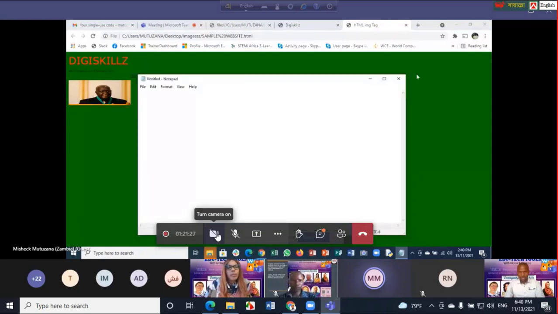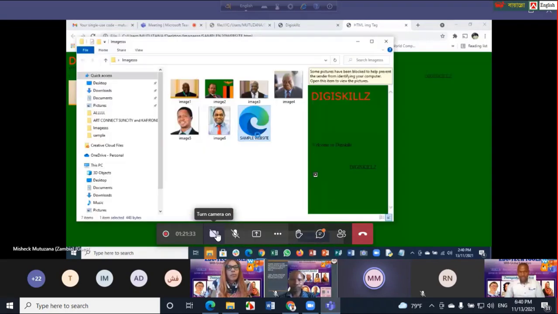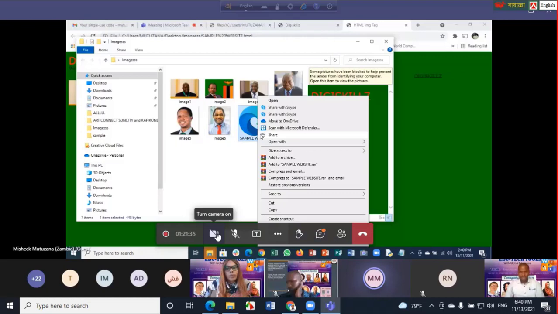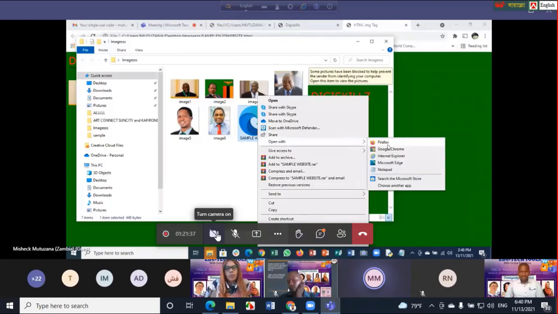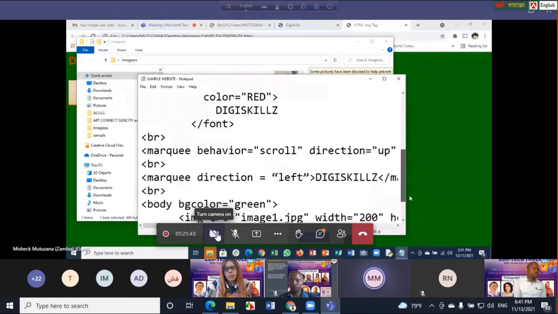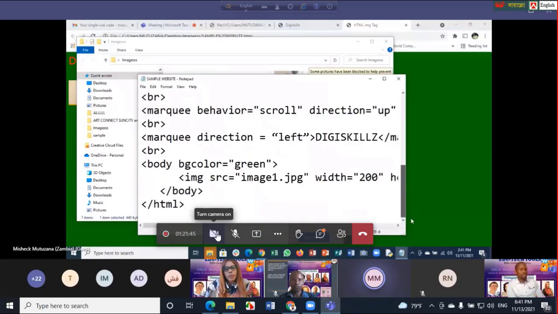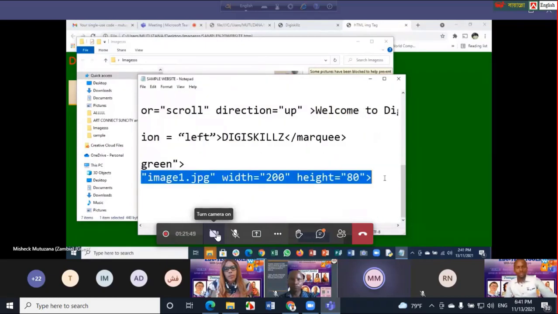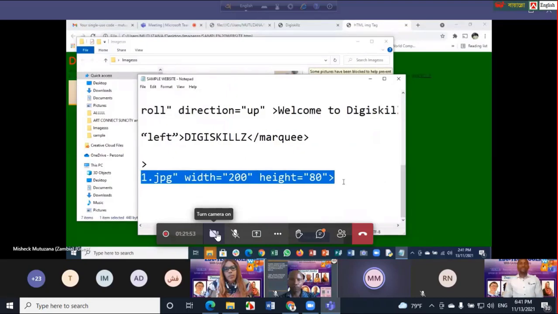And also, if I want, I can add another element that you want. In this case, again, I will say open with Notepad. I'll copy. Okay, I can copy another image. You can even put the size of the image that you want, the height and width.